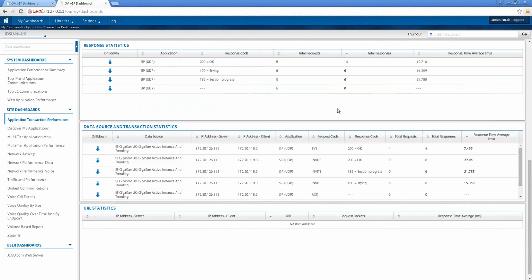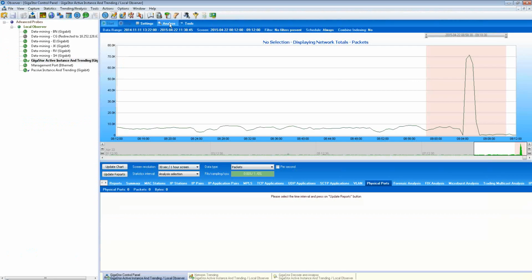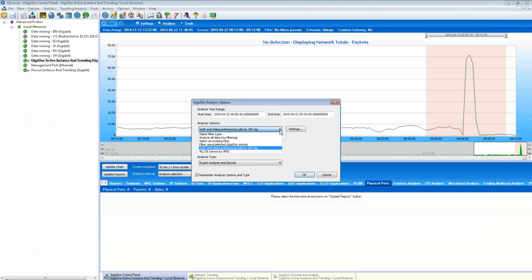voice calls, and we get the time of call, and we can drill that down into that using some integration between our web report and the GigaStor data mining interface, which I'm going to show you. So there's a number of ways in which we can correlate and get the information we need to then drill into that data. One of the things we can do when we click this Analyze button, we have a number